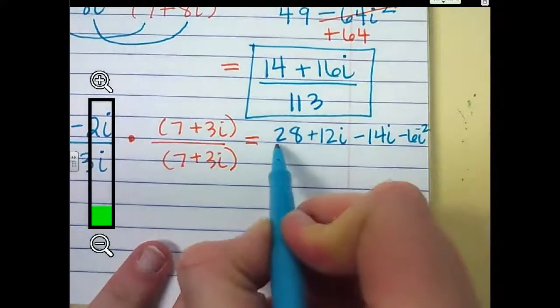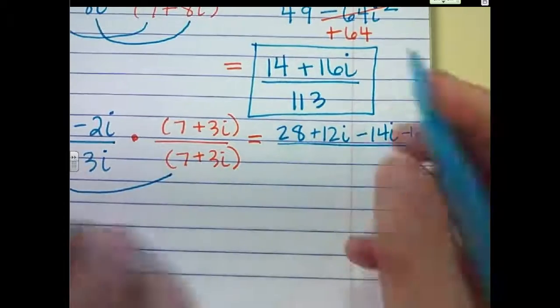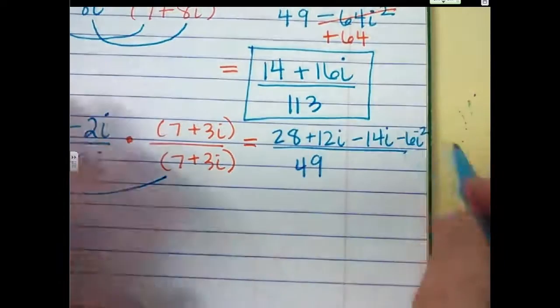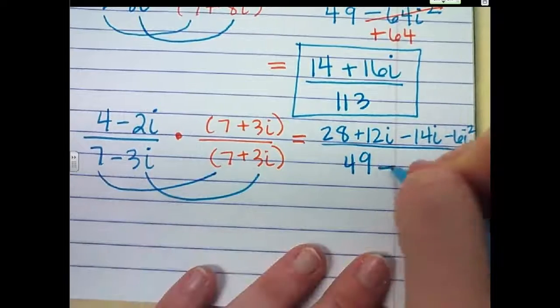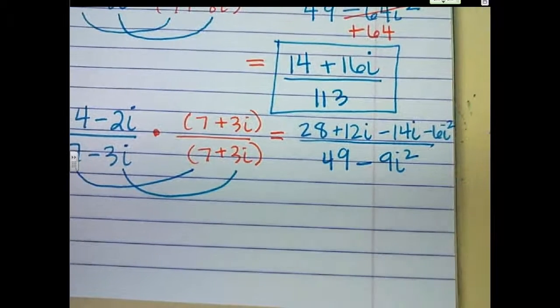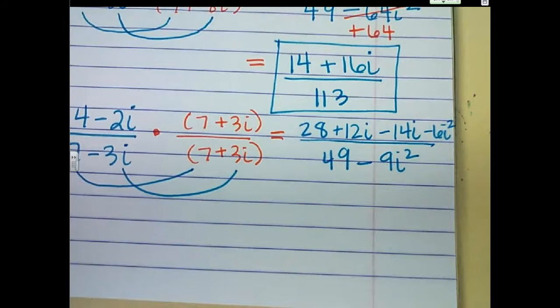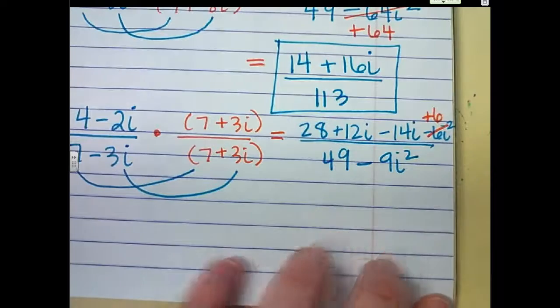So I FOILed the top, and then on the bottom, you can do your shortcut. 7 times 7, 49. Minus 9i squared. So I would first simplify your i squareds, that way they're gone. So this becomes a plus 6, and this becomes